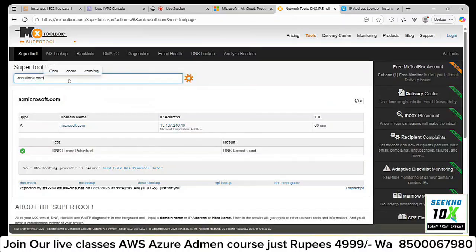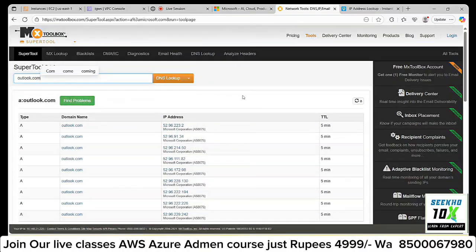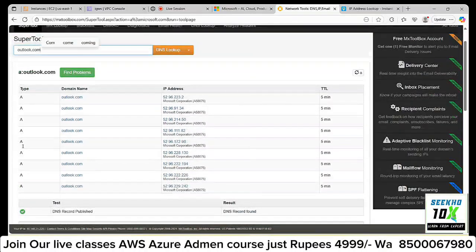Outlook.com. See, when I type outlook.com, you can see that the type is called A, which is your DNS record type, and you can see multiple IP addresses have been associated, like 52.96.223.2 and 91.4. So you have multiple IP addresses, but the domain name is the same, and you have only a single record.